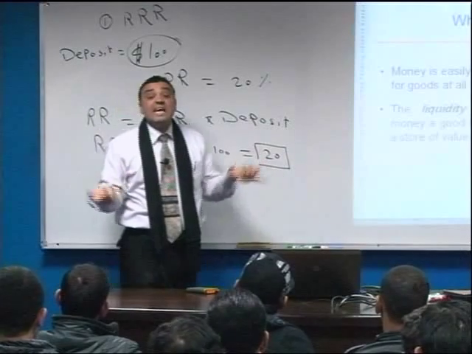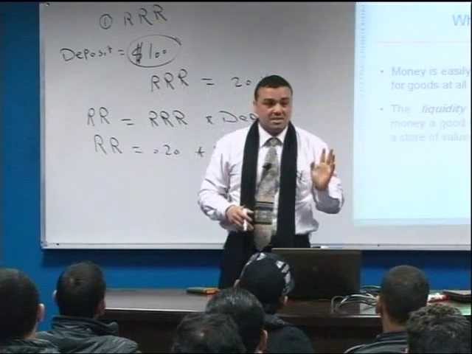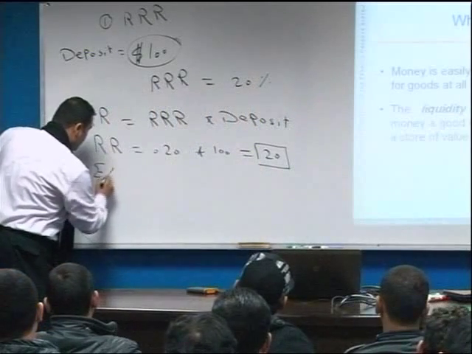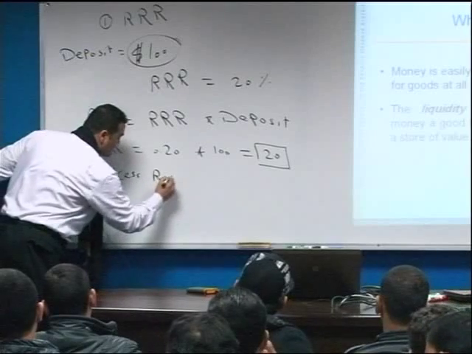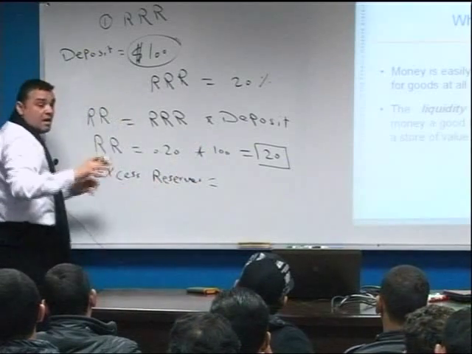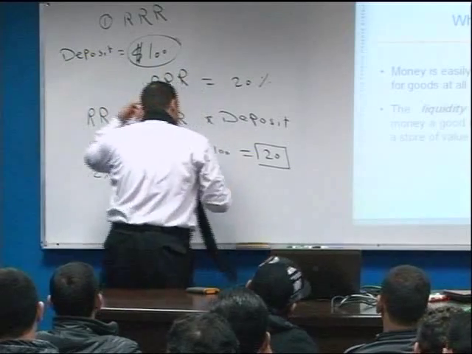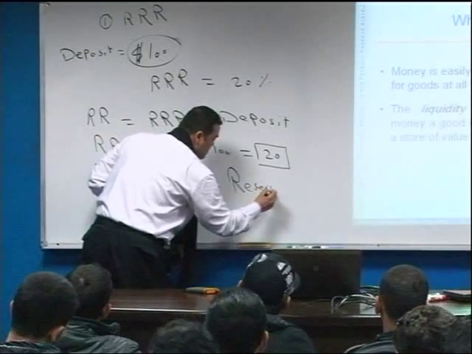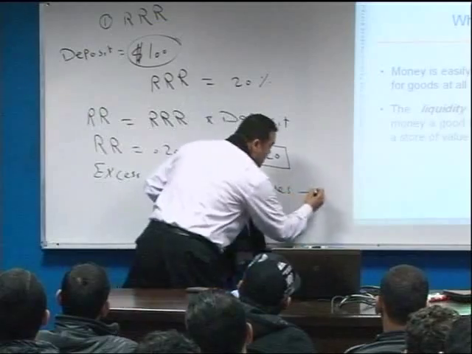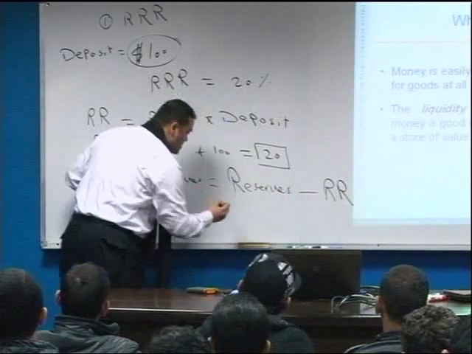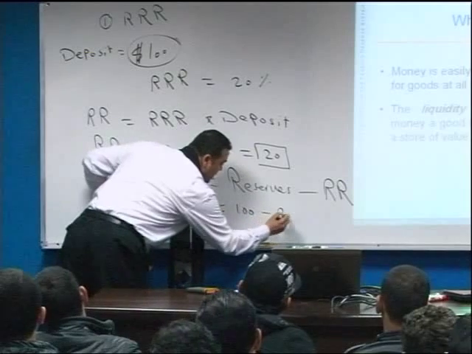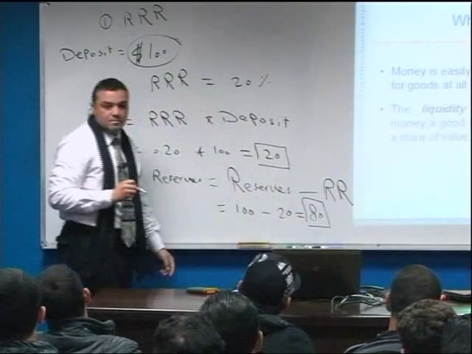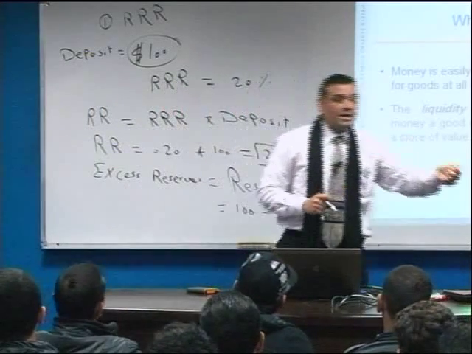In this case, we have excess reserve by how much? $80. في عندنا احتياطي فاضي بنقدر نتصرف فيه. صح؟ So in this case, the excess reserves equals the actual reserve minus the required reserve, or the total reserves minus the required reserve, which equals 100 minus 20 equals how much? Exactly. The bank can lend $80,